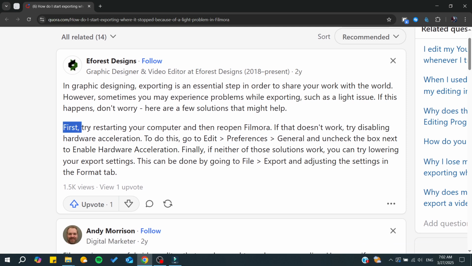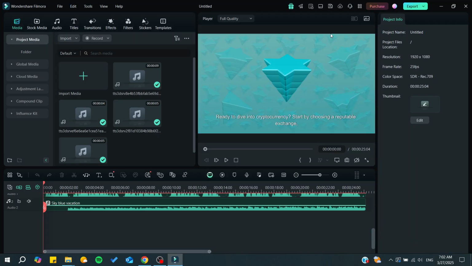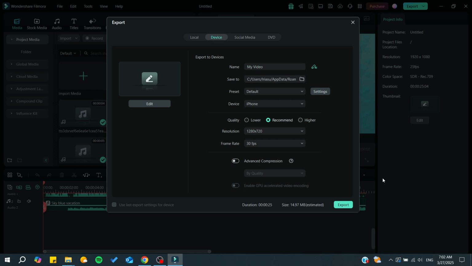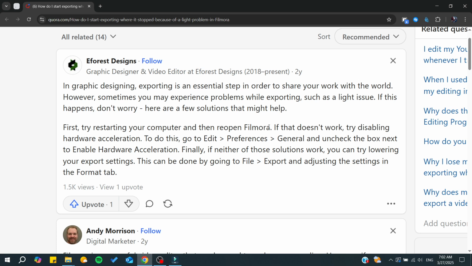And basically, one of the fixes that you will need to try is restarting your computer. Sometimes it's only some conflicts in the software, etc. And restarting your computer might really help. And basically, you need just to go here and restart your computer, and then reopen your Filmora, and then you will need to go to export and see if the problem persists or if it is solved. Otherwise, you can try changing your preferences or your settings, and you